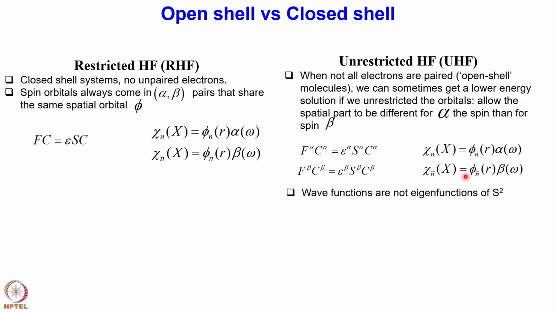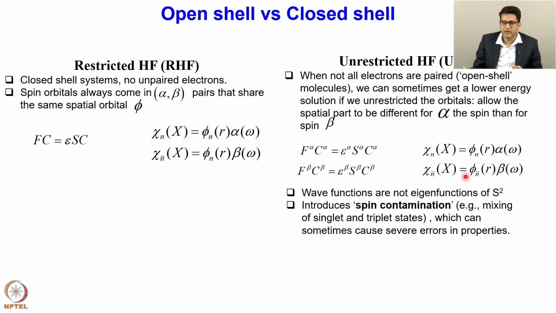Now, in the case of unrestricted Hartree-Fock, because my spatial parts are not the same, the wave functions are not eigenfunctions of the S-square operator. The second thing is that because it is not an eigenfunction of the S-square operator, it leads to what is called spin contamination. That is a mixing of singlet and triplet. It can be a mixing of any higher order state. We will come into more details of spin contamination in the next slide, and this can sometimes cause severe